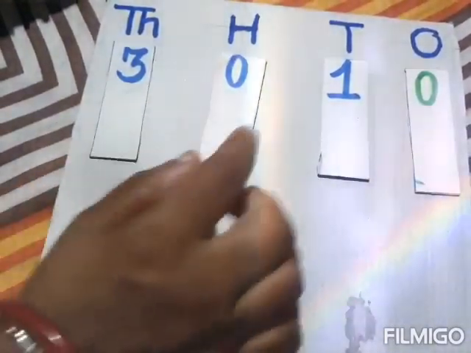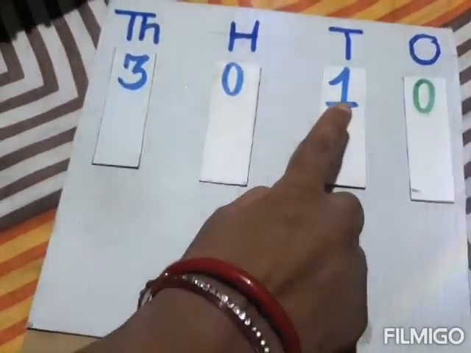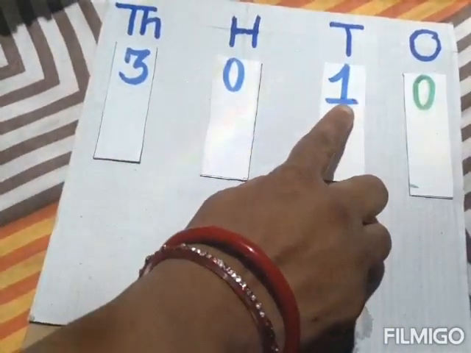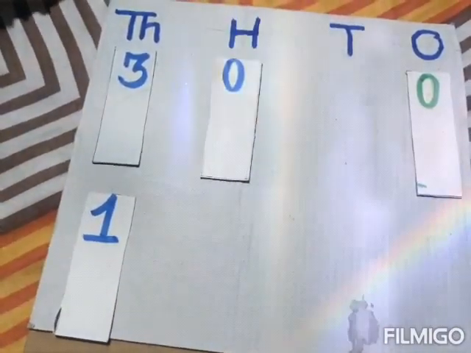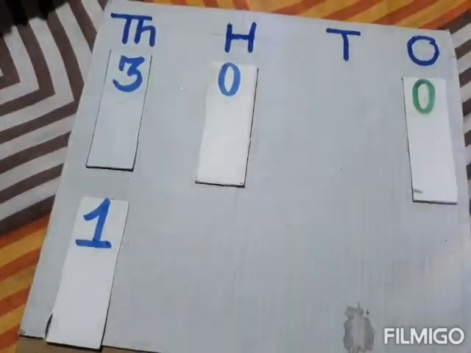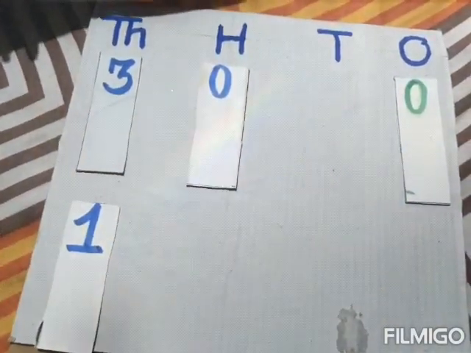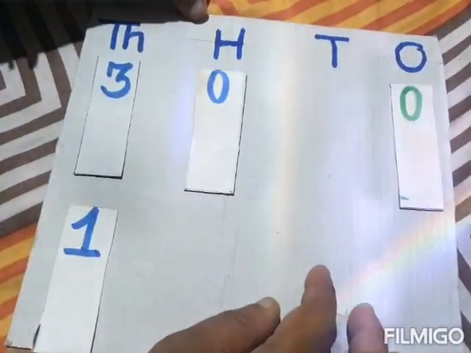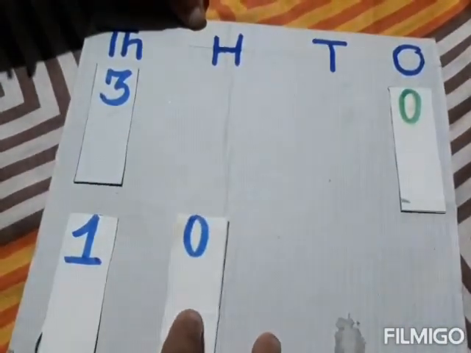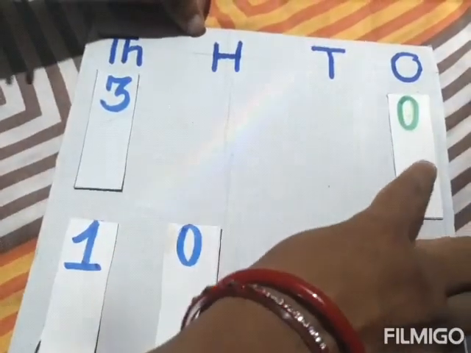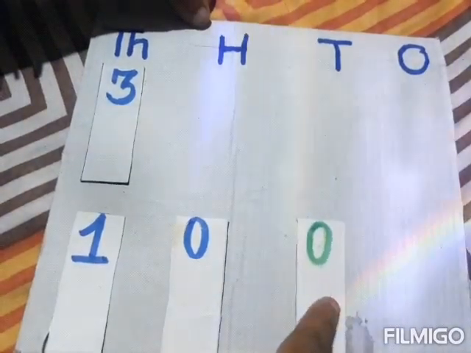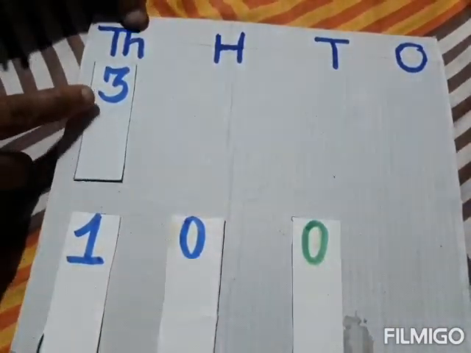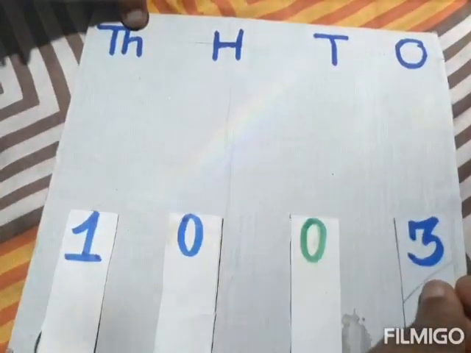So after 0, which one is the smallest one? 1. So I will take out this 1 from the tens place and put it under the 1000 place. Okay. Now, as we have to arrange this number in ascending order, no? So 2 zeros are there. Which one is the smallest one, children? 0. So I will take out this 0 and put it under the 100. Here 1 more 0 is there. So I will take this one also and put it under the tens place. Then finally this 3, I should put under the ones place.